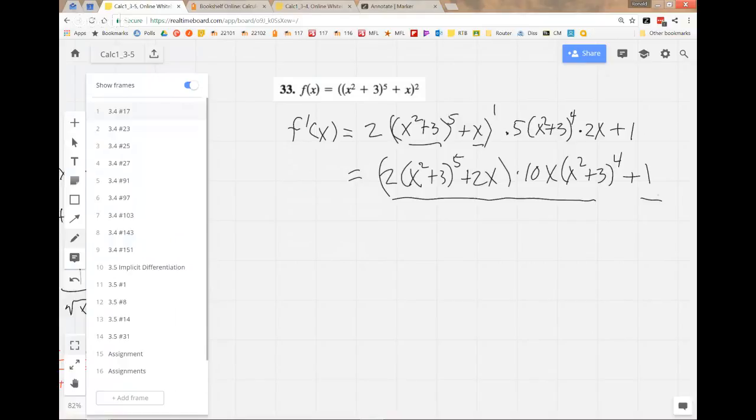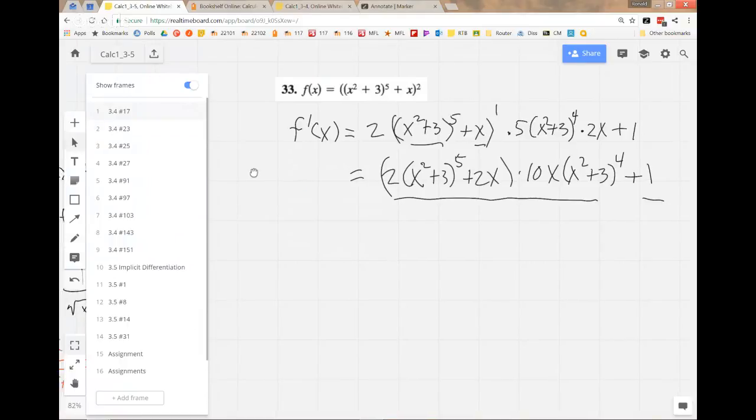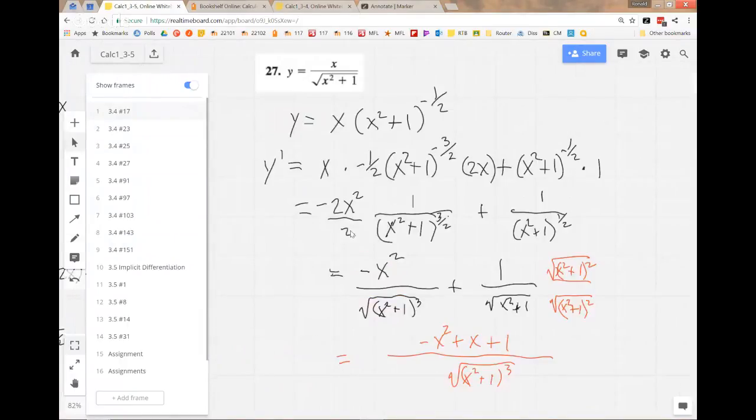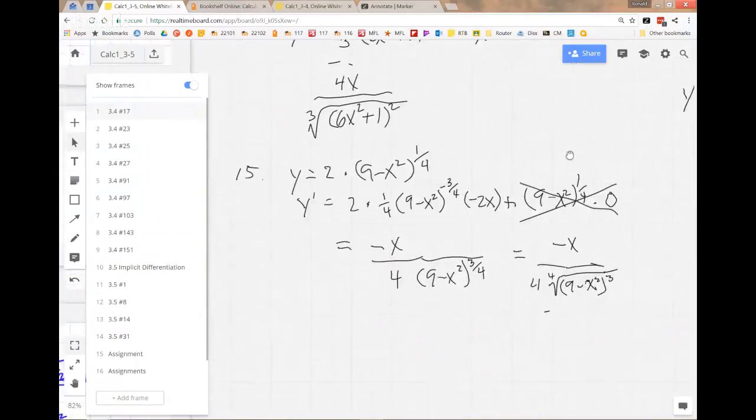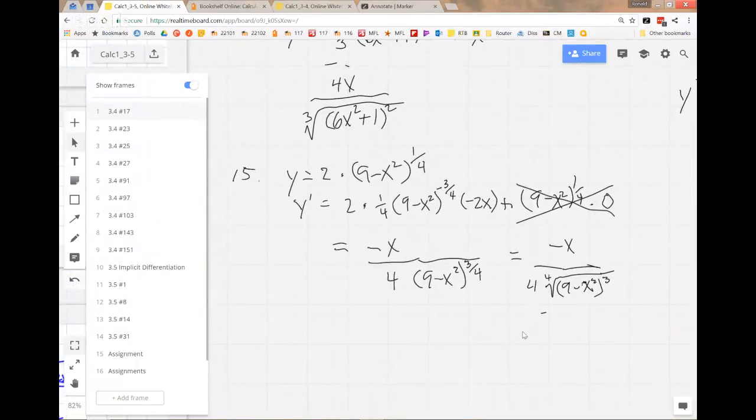Question: would the 4 cancel out on the bottom of number 15? Okay, where was 15? Well, first of all, does this handle 33? Yeah. Okay, now let me see if I can find 15. So the question was, does the 4 cancel out on the bottom of number 15 because of the 2 times 2 minus